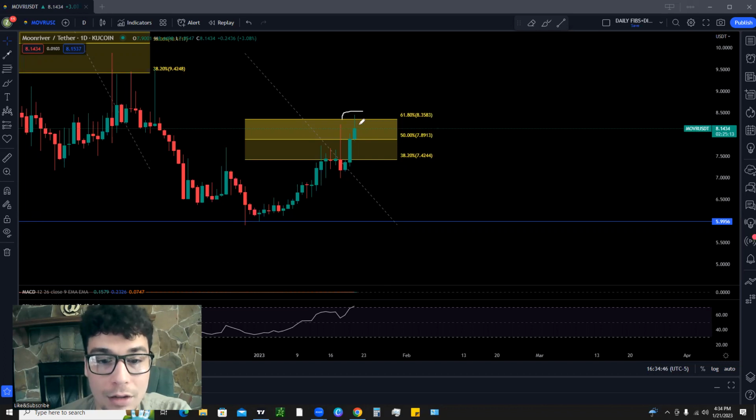We've already started to pull back a little bit. We wicked up here above our 61.8% retracement level, but it's still acting as strong resistance, and we're currently trading below it. Now, if we can manage to break through these levels, right? So even if we pull back a little bit and we consolidate within these ranges, we have 7.89 and 7.42 as some major support levels now after breaking out past them. We want to continue to hold these as support. If you notice here, where this candlestick opened up right there, that's a good sign. All right, we want to really just consolidate a little bit